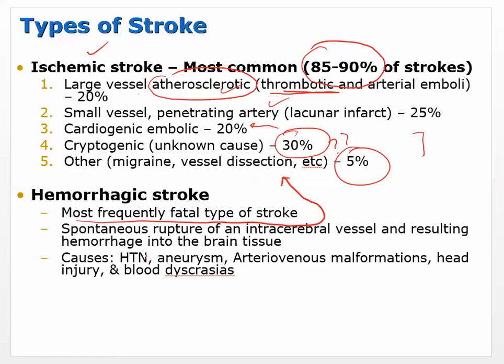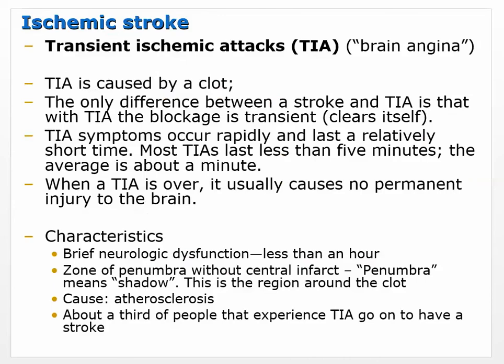So what can cause that? Hypertension, yeah, high blood pressure, and aneurysm can cause it. Arteriovenous malformation. So that just means that your blood vessel is somehow compromised. Okay, so maybe it wasn't an aneurysm. We haven't talked about aneurysms, but we will. Or head injury, blood dyscrasia. So something amiss in the blood that's causing it. Okay, so ischemic stroke,